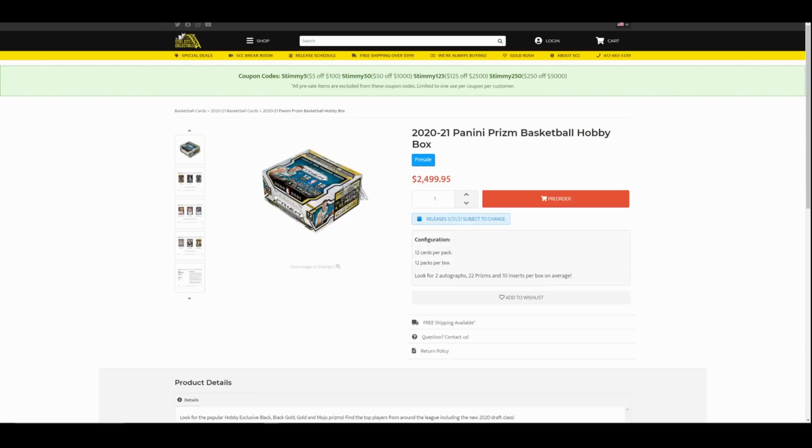Really wasn't getting a ton of playing time. Well, a little different timeline then because Prizm came out in December. He was not getting any playing time yet, but I like the pedigree. He was dirt cheap. So guys like that,